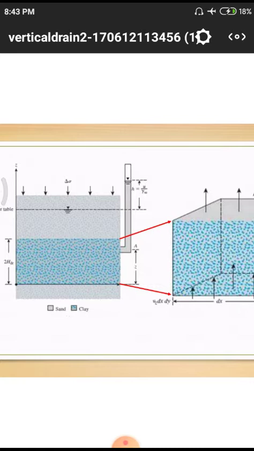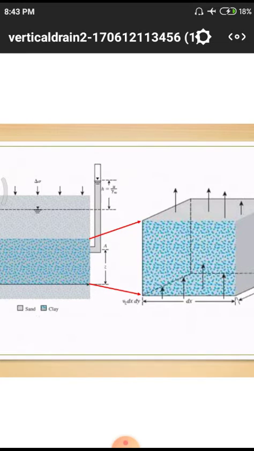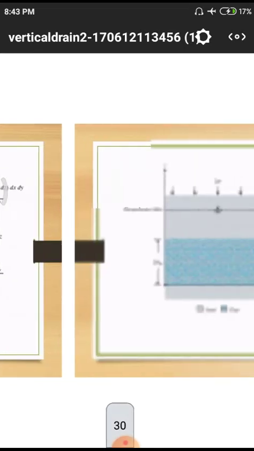Here there is a body. In this particular body, some quantity of upward force is acting. It means on the upper side of the particular body there may be a force acting downwards. It means on the top part of the total structure, the load is applied in the form of a downward direction. Due to that downward load, water will have to move in the upward direction due to reciprocal forces. So the total water will have to collect in the sand drain. The total water will have to move in the upward direction onto the ground level.